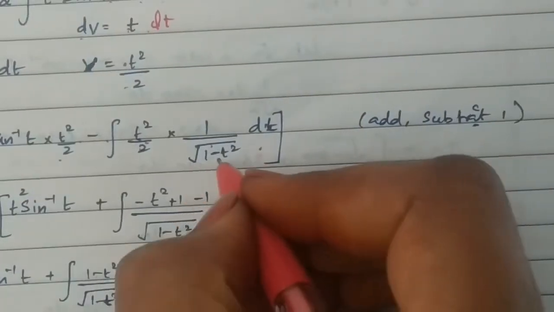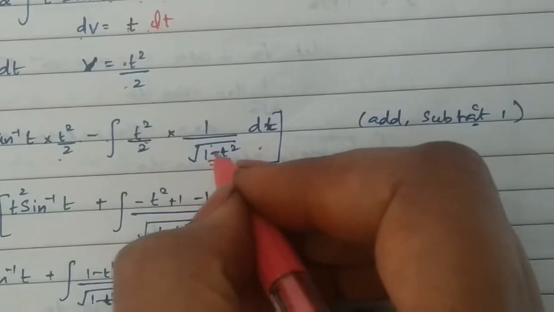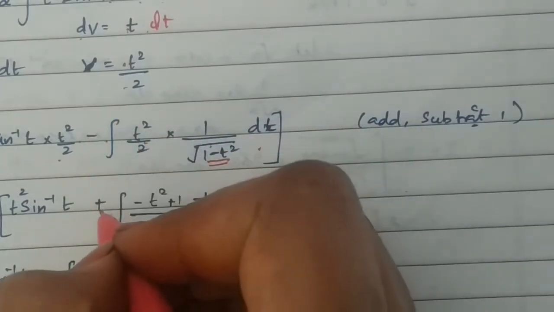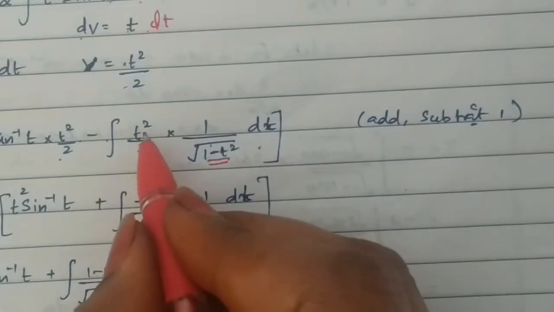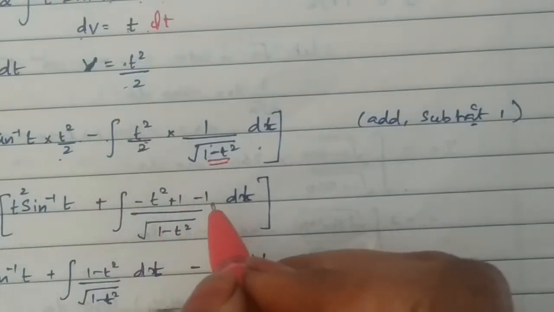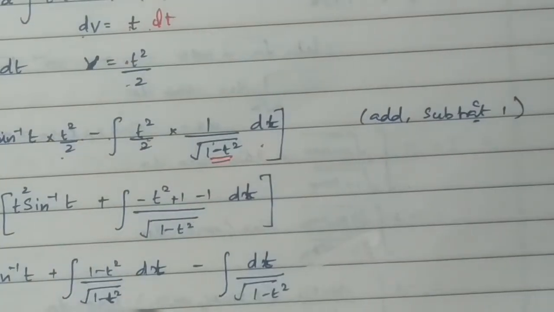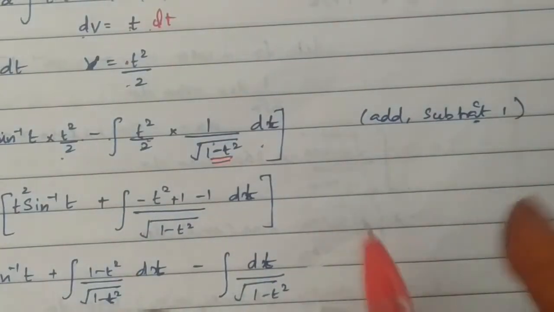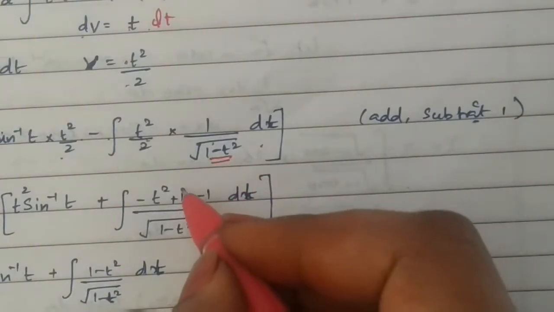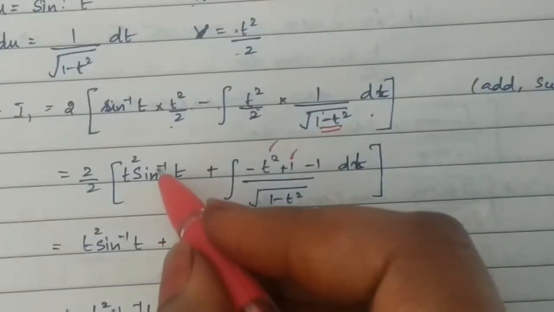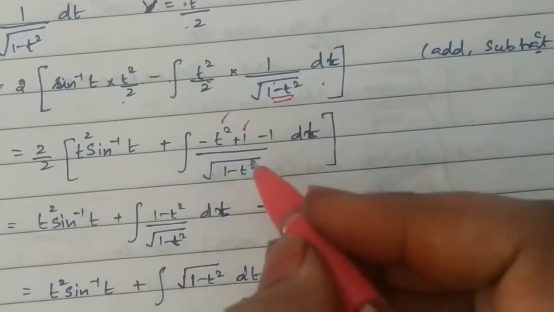Here you have 1 minus t squared. Since we have 1 minus t squared, the t squared should have minus. So when you take the minus inside, this will become plus. Therefore, minus t squared, you should add and subtract 1, as I told. When you have t squared in the numerator, you need to add and subtract 1. Here you have 1 minus t squared. Therefore, combine these two terms, 1 minus t squared.